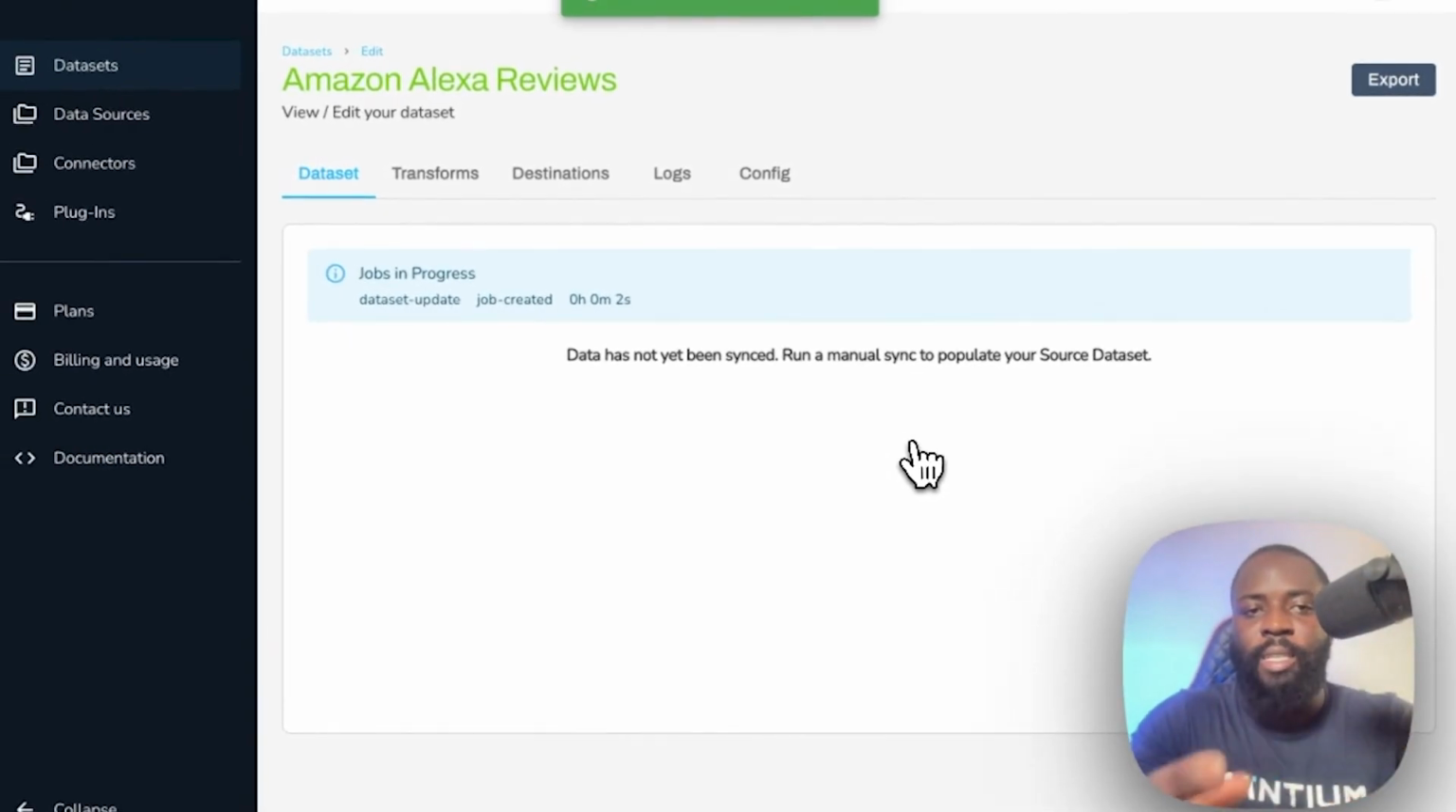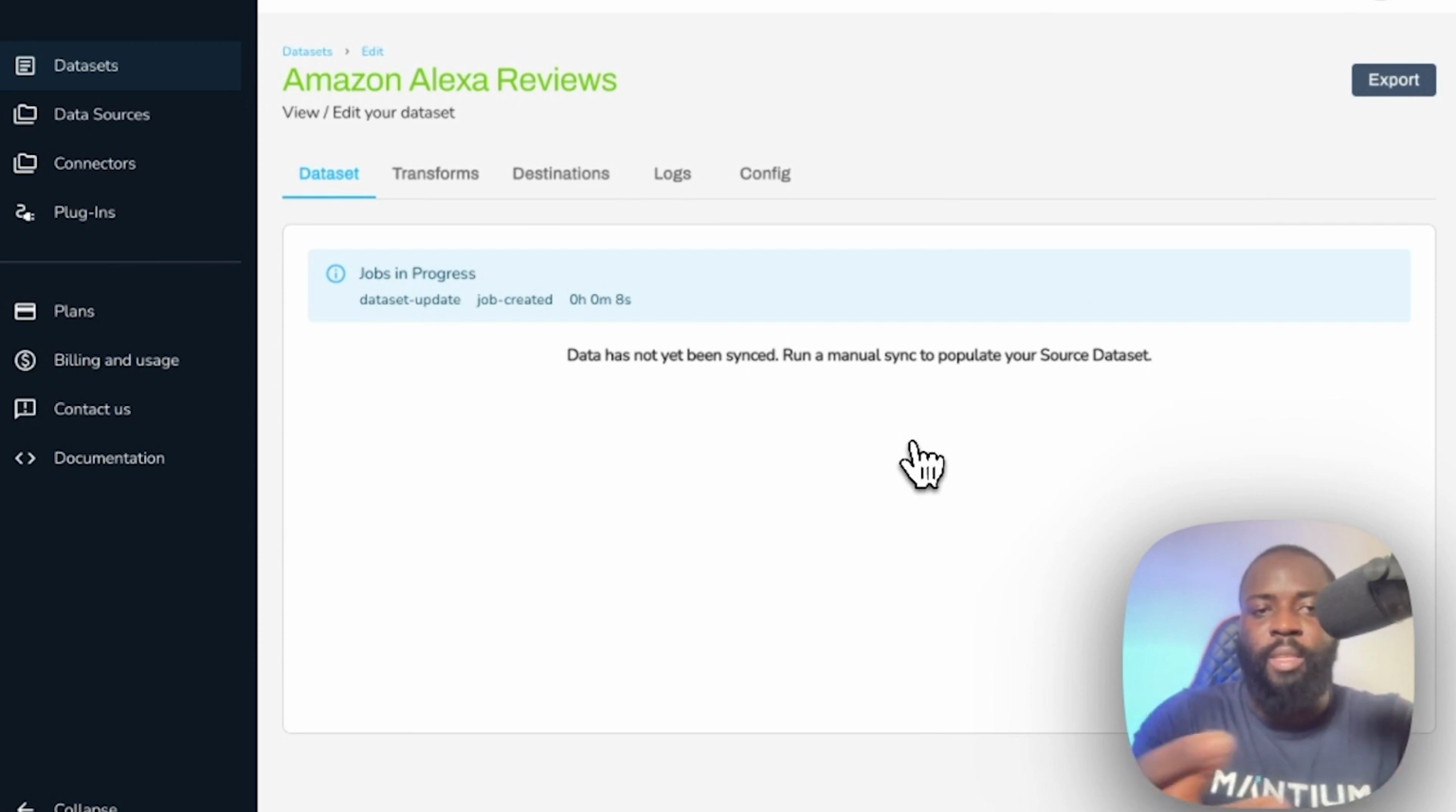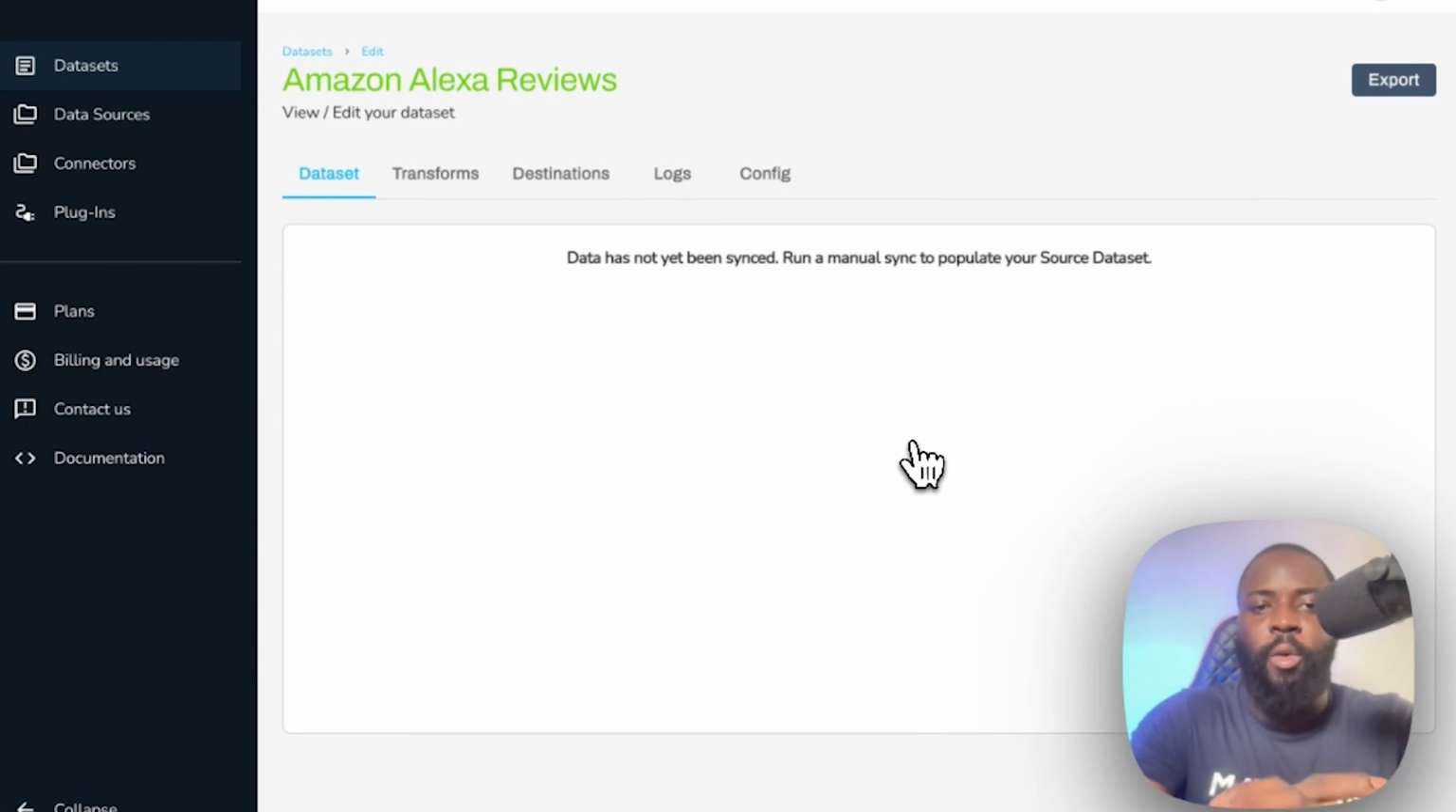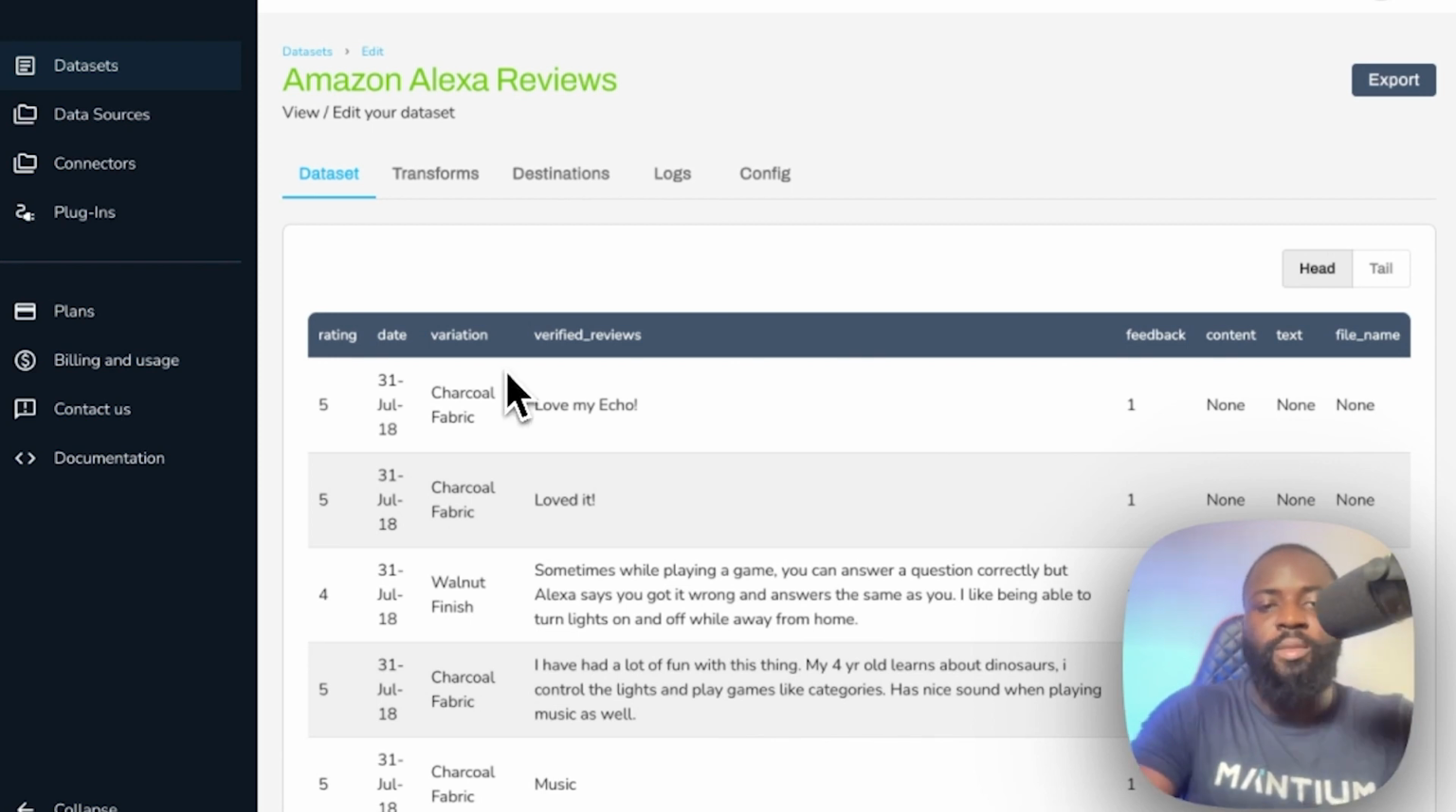After the data set creation, we are going to apply a transformation to be able to generate sentiment from this Amazon Alexa dataset that we have. Now that that's done, notice that we have a couple of columns here. We have the ratings, the date, the variation, the verified reviews, and the feedback. For the purpose of this tutorial, I'm going to work with the verified reviews,